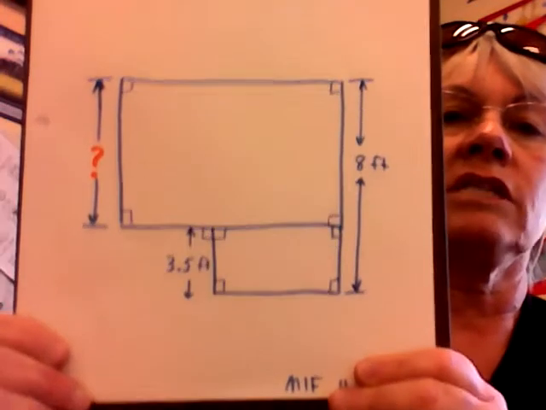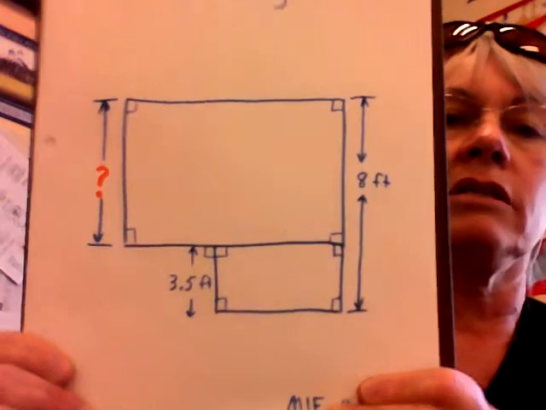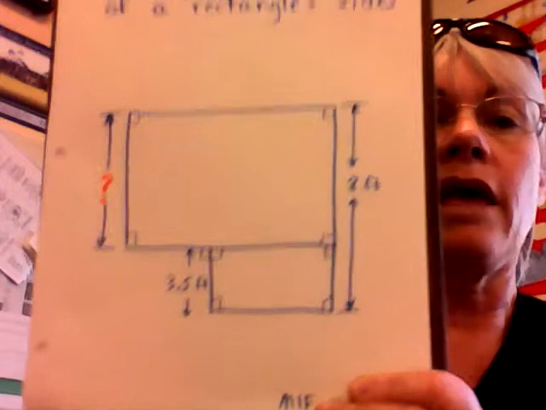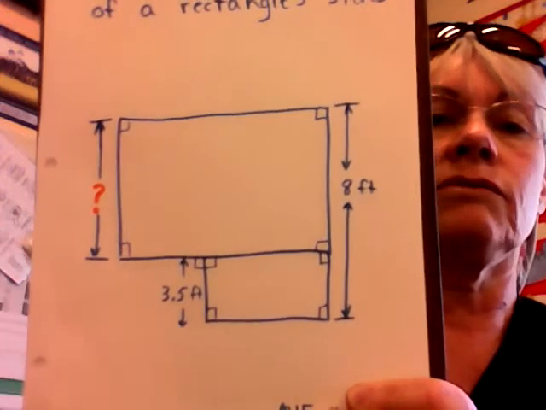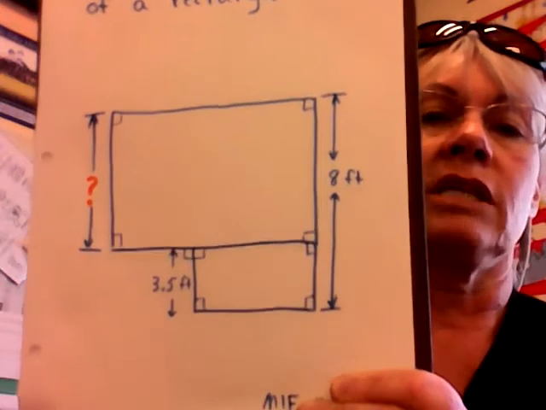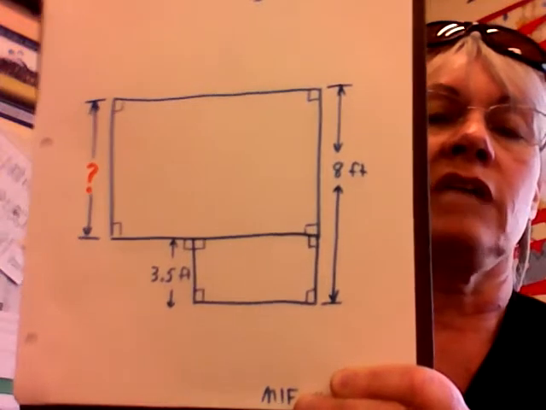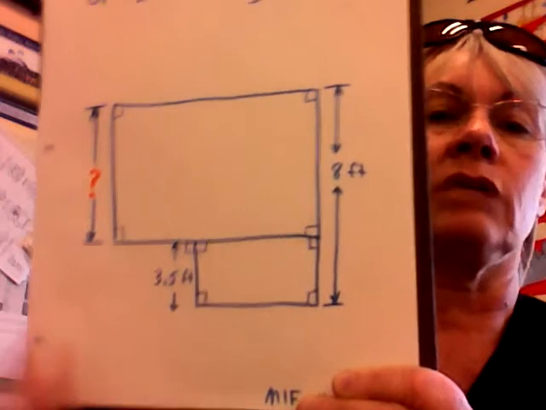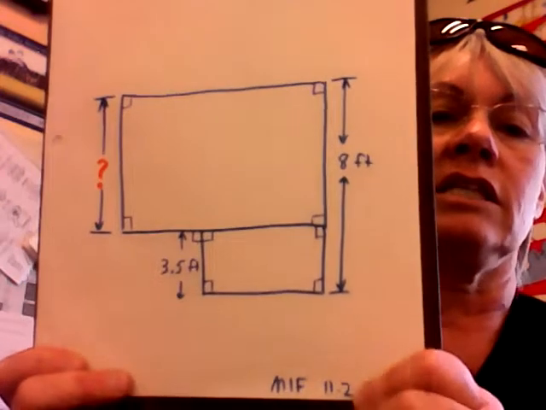And if we're wanting to find out how tall this rectangle is, we can use the measurements that are shown and the properties of squares and rectangles, because we can see that every angle is a right angle in this one. Even though the lines are drawn a little bit crooked,